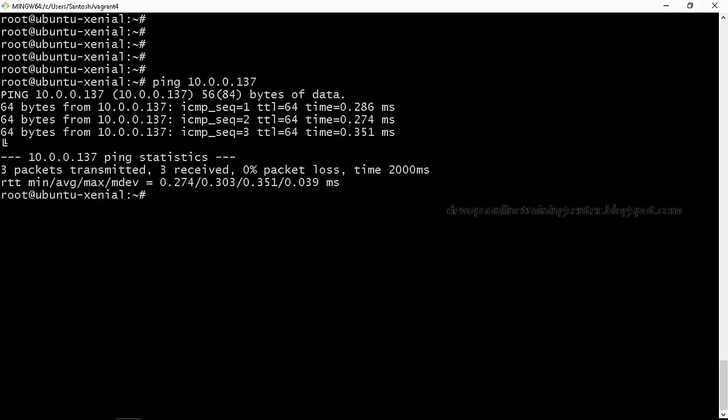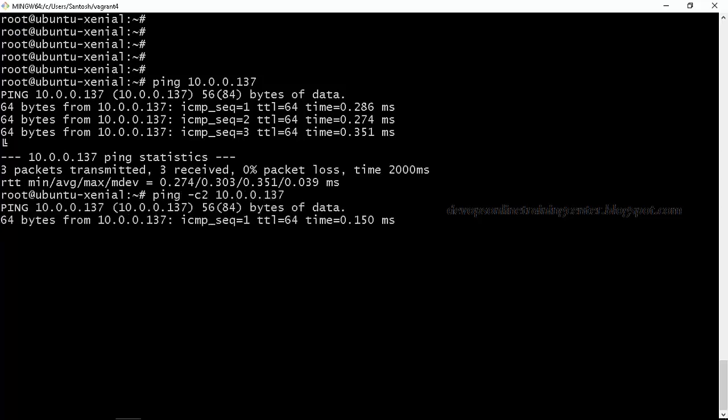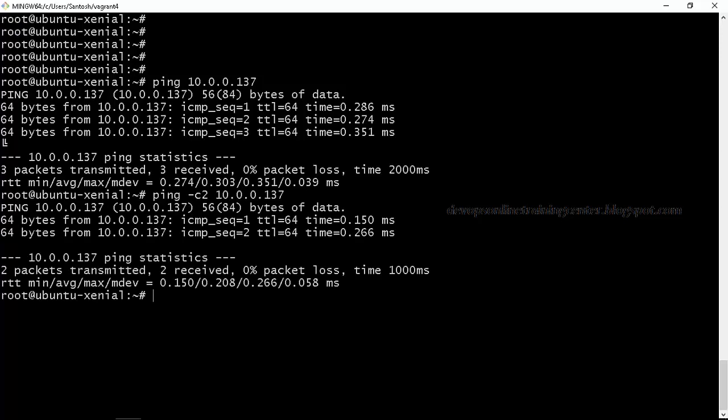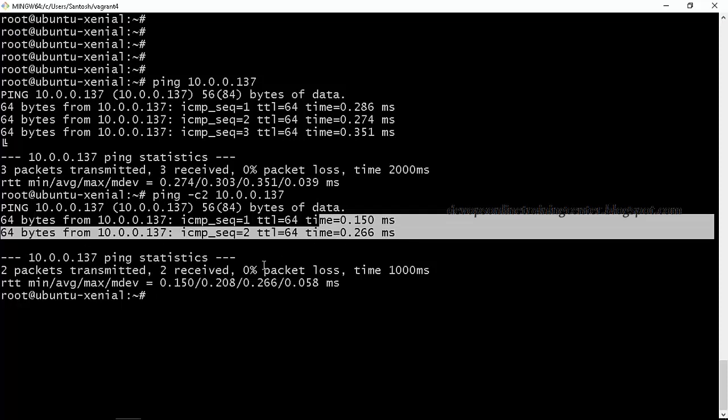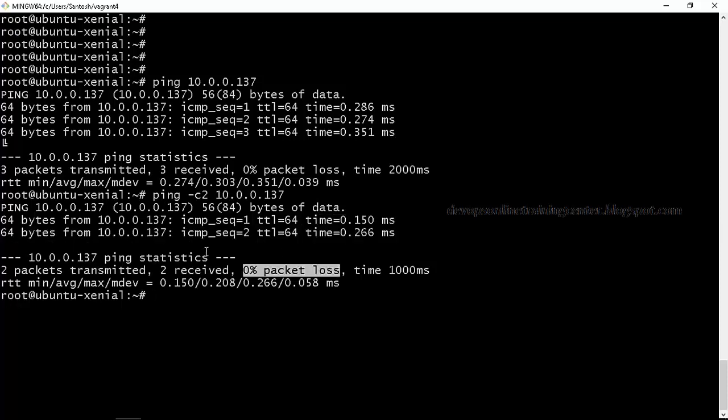In some of the scripts, maybe we want to automate checking whether a machine is pinging or not. To do that, there is another option: ping -c2 10.0.0.137. This will ping 2 times and the prompt will exit automatically. You can see this pinged 2 times and there is 0% packet loss.